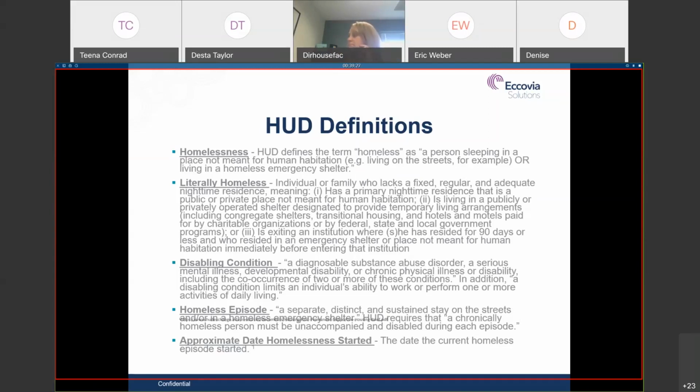Is living in a publicly or privately operated shelter designed to provide temporary living arrangements. So this is going to include not only the COC funded emergency shelters, but also emergency shelters that may be privately funded or church funded as well. And is living in an institution where he or she has resided for 90 days or less, or who has resided in an emergency shelter or place not meant for habitation before entering that. Now, this is an interesting caveat with this, because